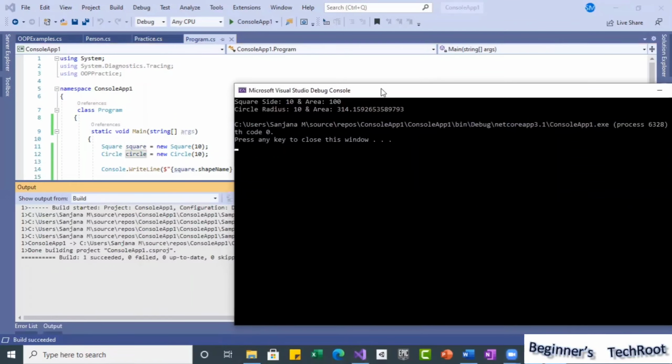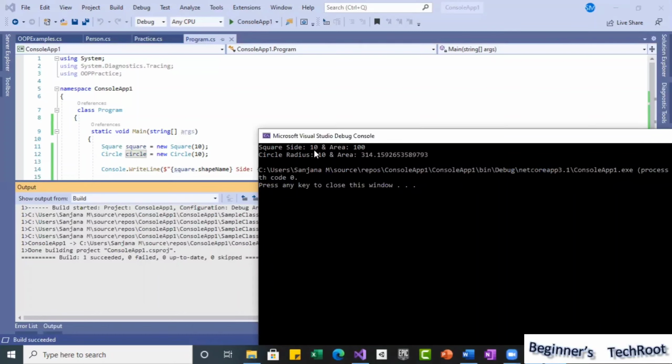See now, you can see the square side 10, whatever we pass, 10, and the area is 10 square, side square, right? So 10 into 10, nothing but area calculated as 100. Circle radius 10, area 314.15. So like this, you can get the calculated values.